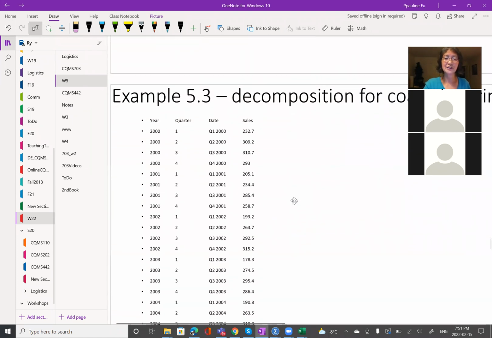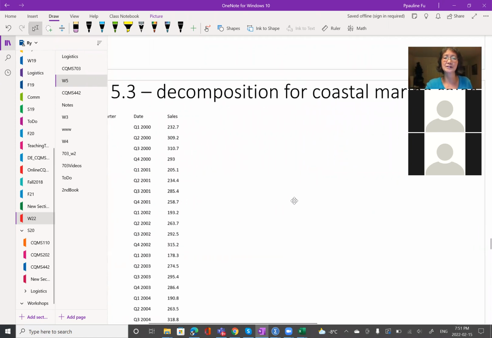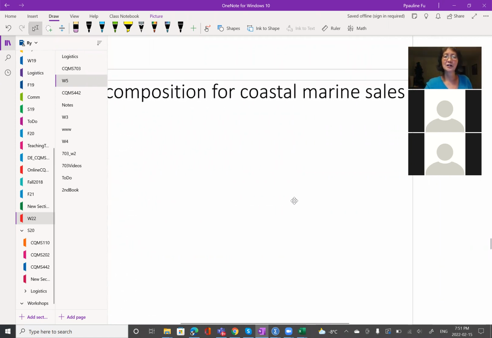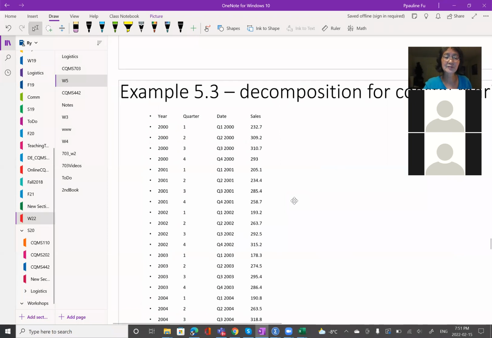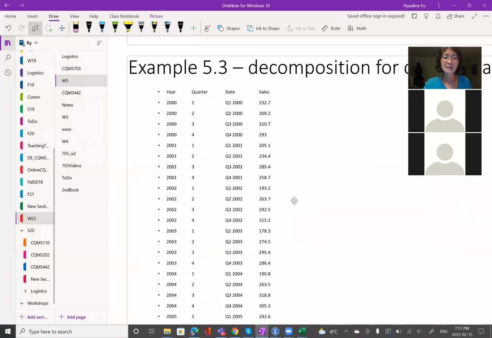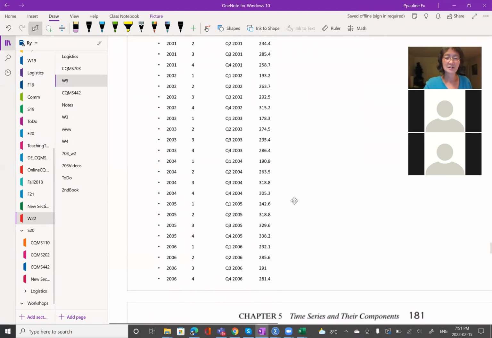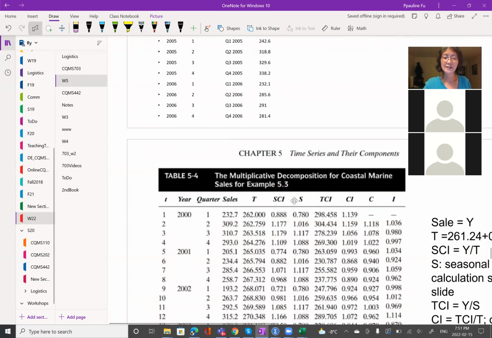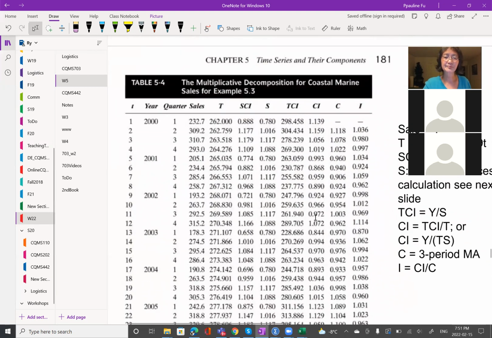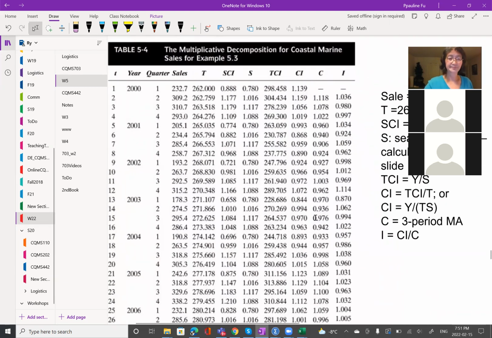I'm going to use an example to illustrate the decomposition for customary sales, okay? Decomposition. Okay, this is the data. This is the sales data, original data. Based on original data,